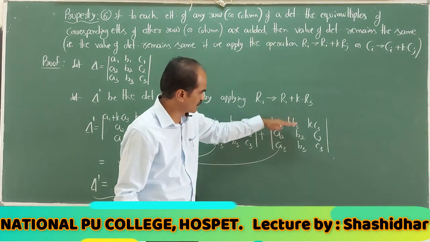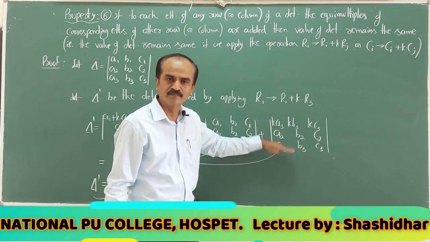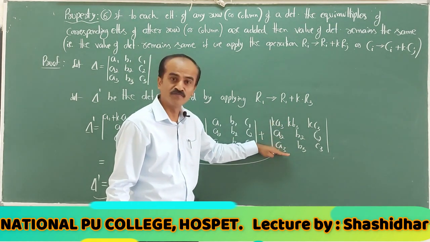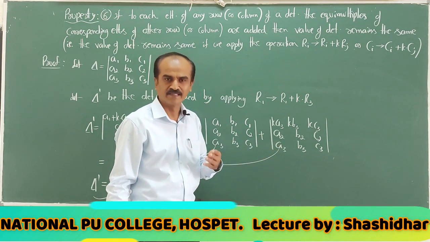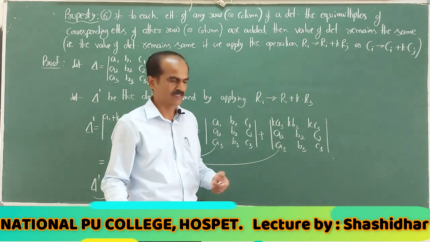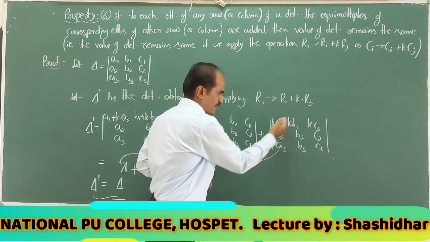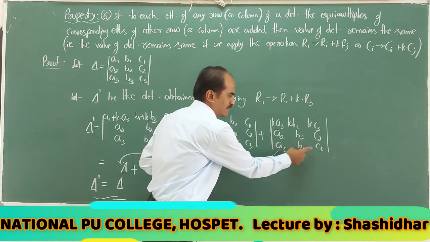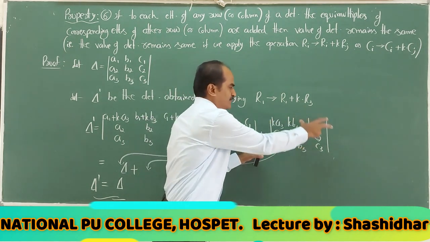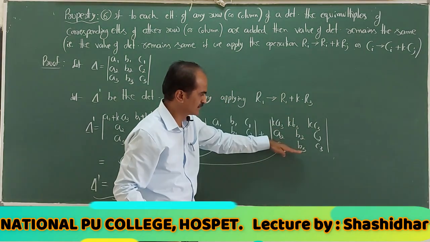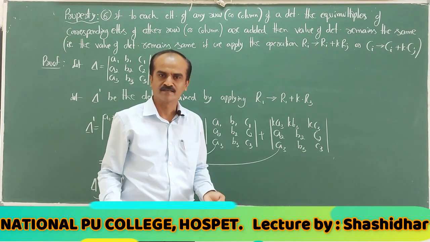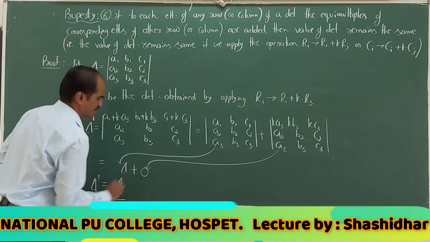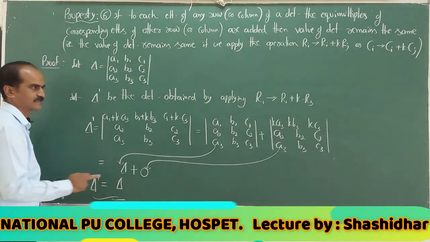Look at first row and third row elements. How they are? They are proportional. We discussed whenever elements of two rows are proportional, then value of such a determinant is 0. Otherwise, you first take k common, then you will get A3, B3, C3 in the first row, third row A3, B3, C3, k times of the determinant where first row and third row elements are identical. Again, with the earlier property, you can say that its value is 0. So I get delta plus 0. In this way, delta dash is equal to delta.